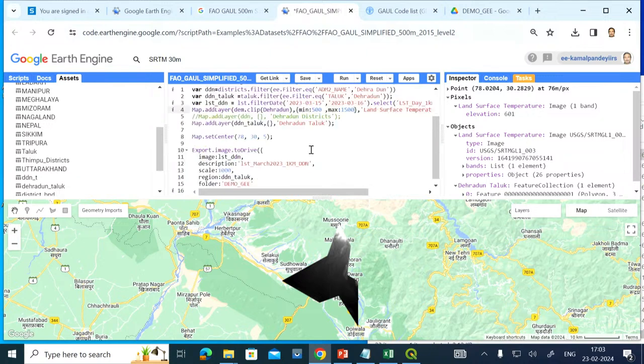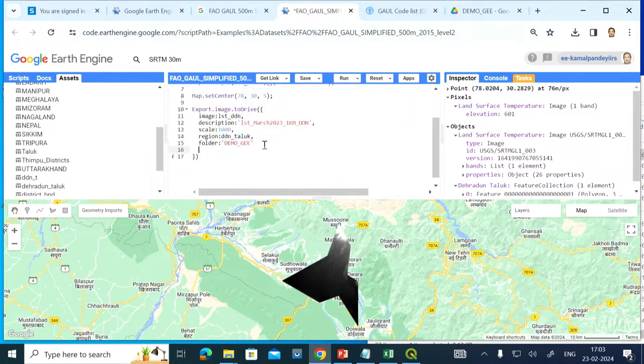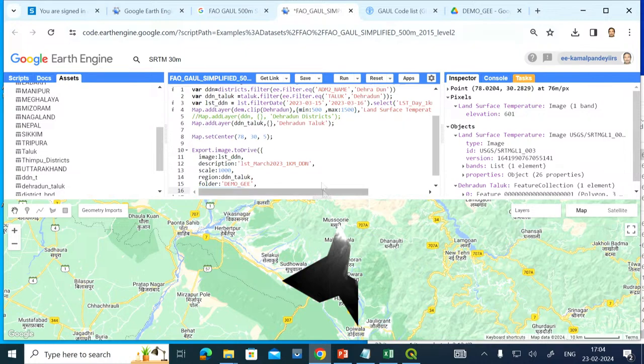There is actually, okay, I will just tell you here, one more parameter called maxPixels, and then you have to write something here. Let us say 1e13 I am writing. It is max pixels or max size, maybe. We have to check it here. Okay, one comma is required here, basically. So maxPixels also, and then you have to define it over here. Then only it will download. Otherwise, it won't download for you. So I am not covering this here, but I am leaving it for you to explore and then use it.